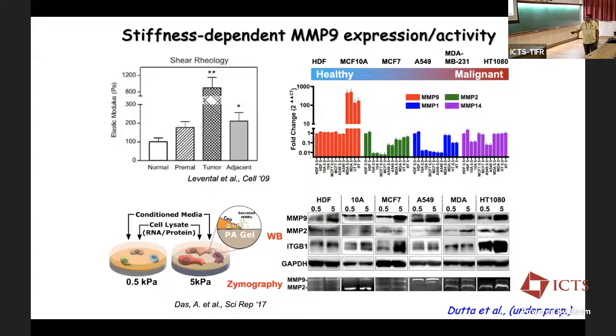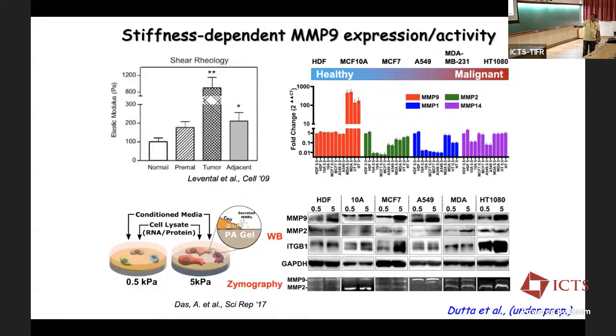Okay, and what we did was we cultured these cells on something soft or something stiff. So two questions we asked: does the stiffness regulate expression, differential expression, and secretion? So what you can assess from this RT-PCR data is that we have taken human dermal fibroblasts, which are normal, MCF10A normal, MCF7 tumorigenic but non-metastatic, and on these three cells which are